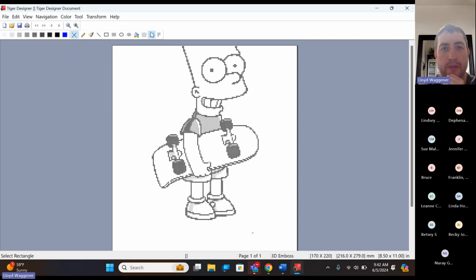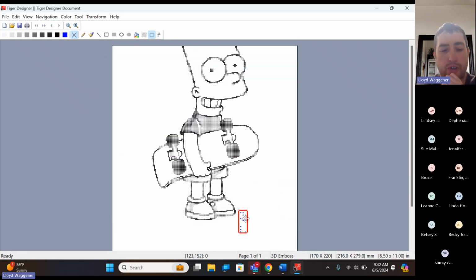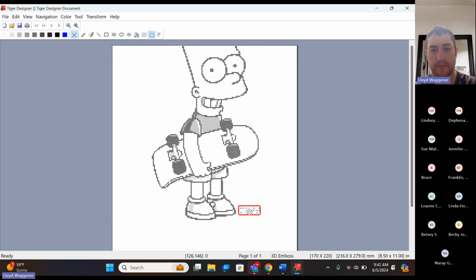If we would like to add the Braille back in, translate that without, because it doesn't translate images of text, it just translates text. So I'm going to say Matt. Okay, oh, I did vertical. Control Z. I'm going to go back and edit text. Switch this to horizontal. Matt. Click OK. So we can add the Braille text